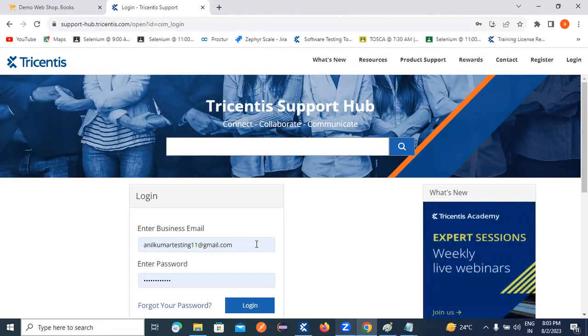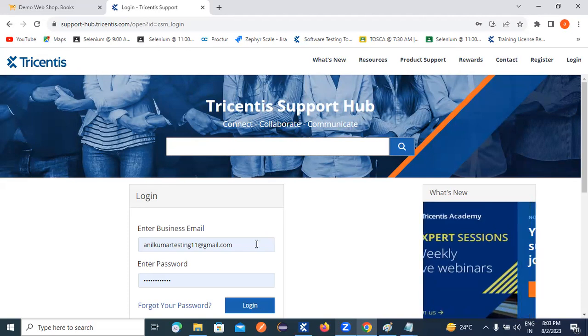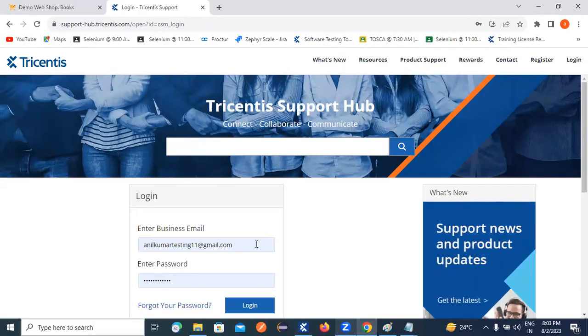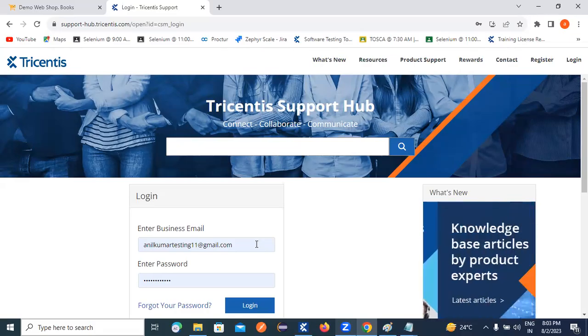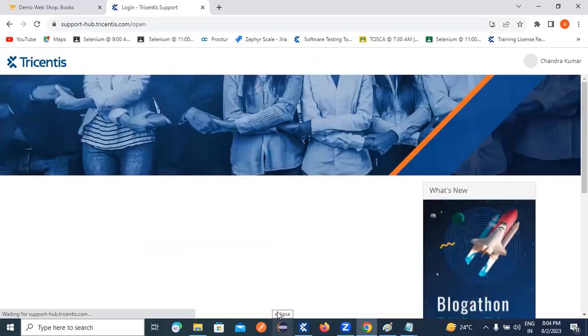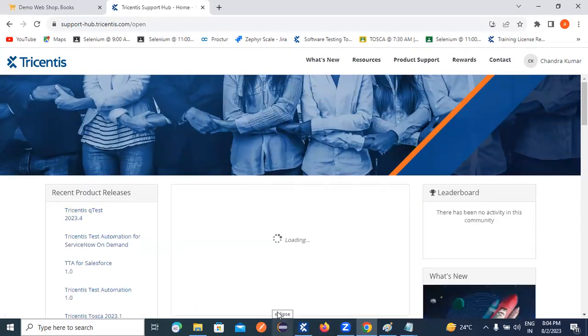See guys, registered credentials are nothing but whatever you provided in registration time. Full stop. Once login is successful,